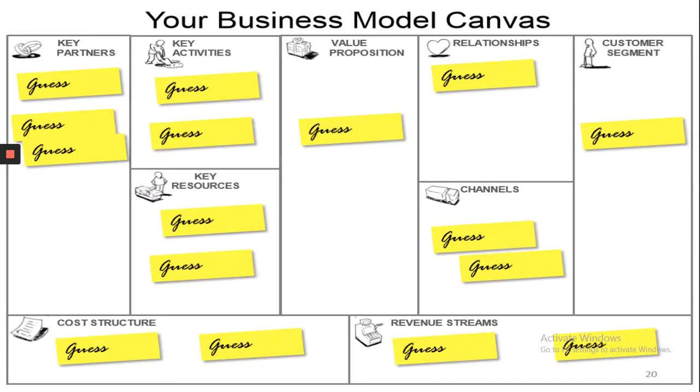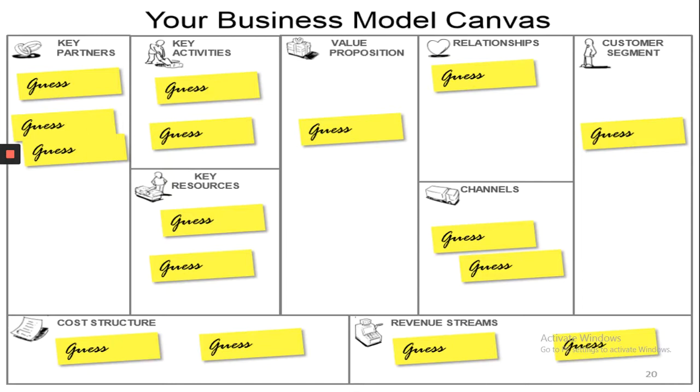Second part of the lecture series on business model development. In the first part, we discussed what the business model canvas is. We defined the business model canvas. Then we discussed the advantages of the business model canvas. At the same time, we discussed whether the business model canvas could be changed with the passage of time or not. So those were the three different parts that we discussed in the first part.